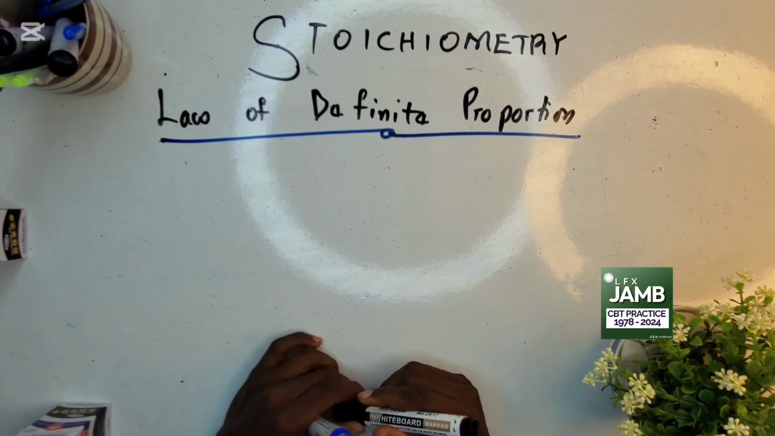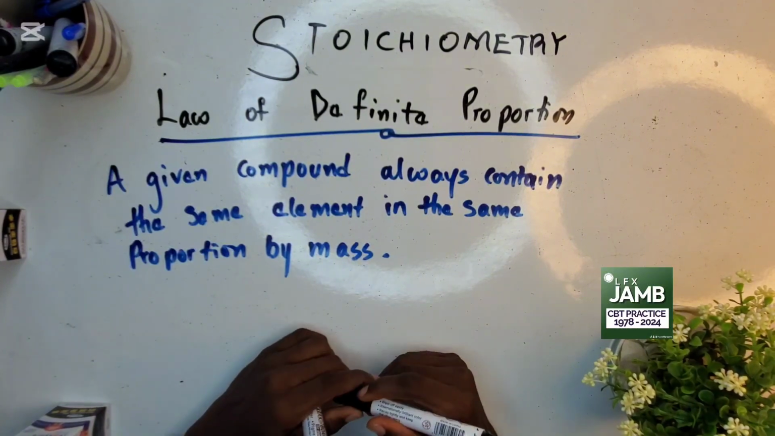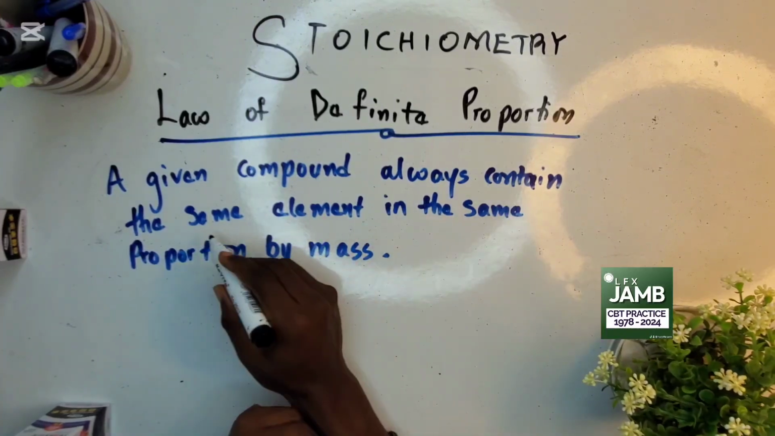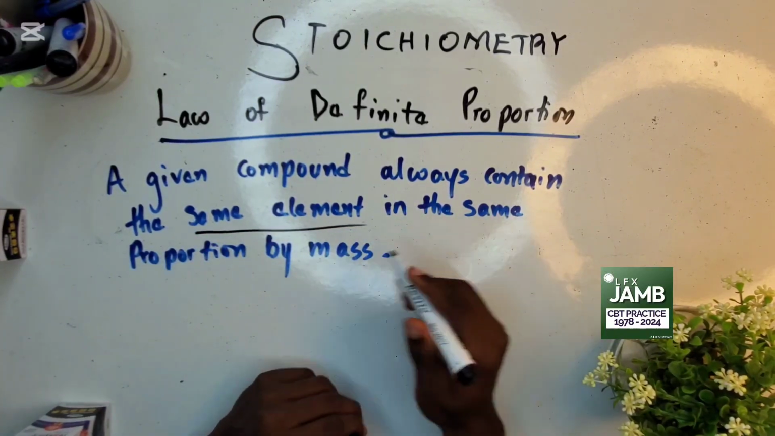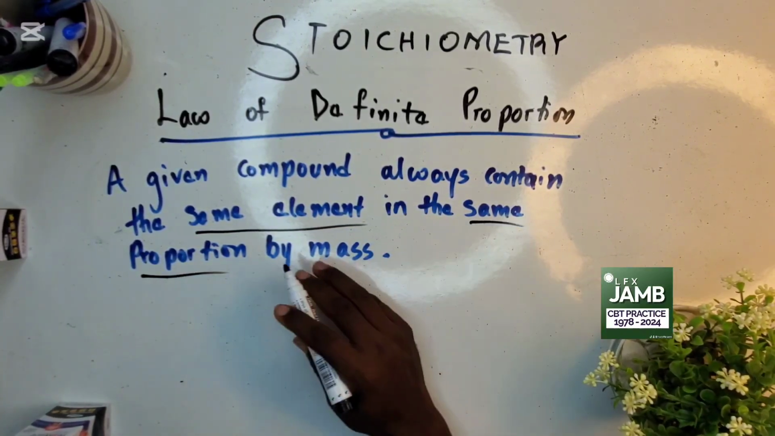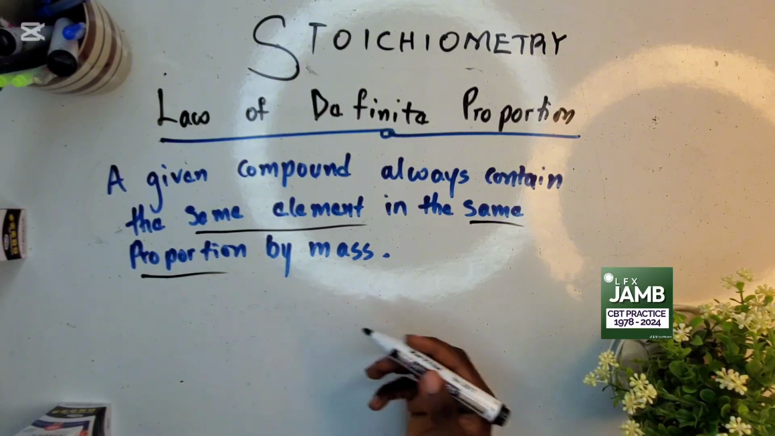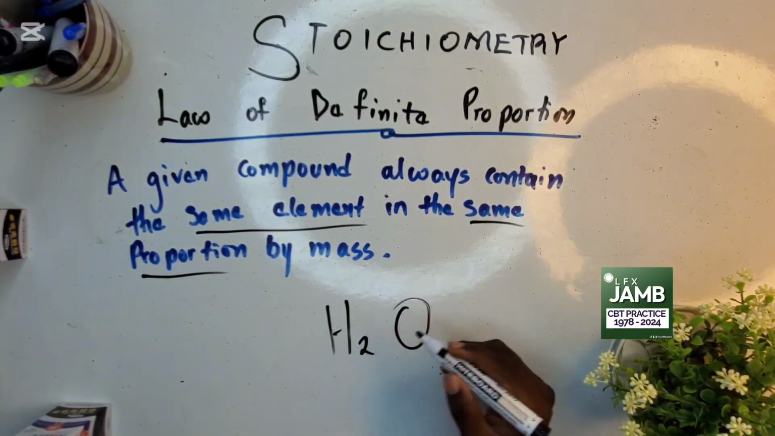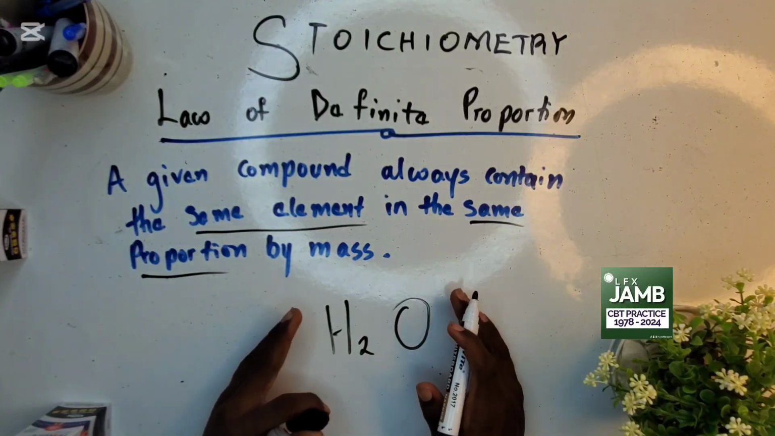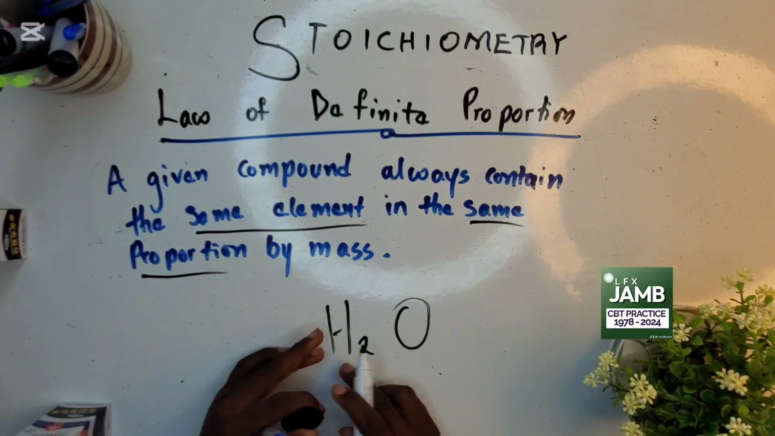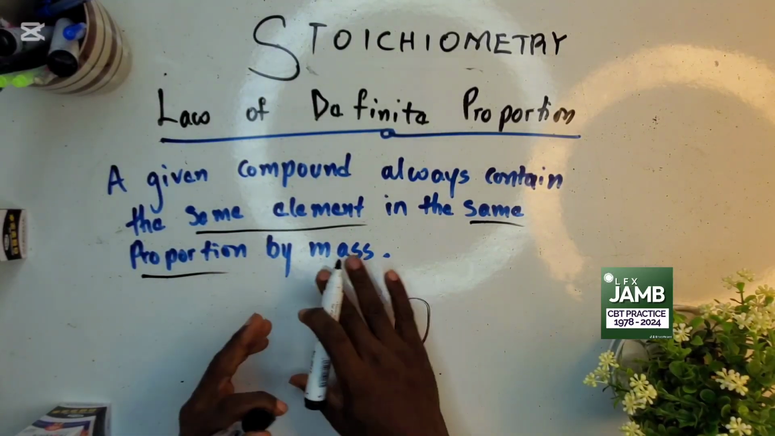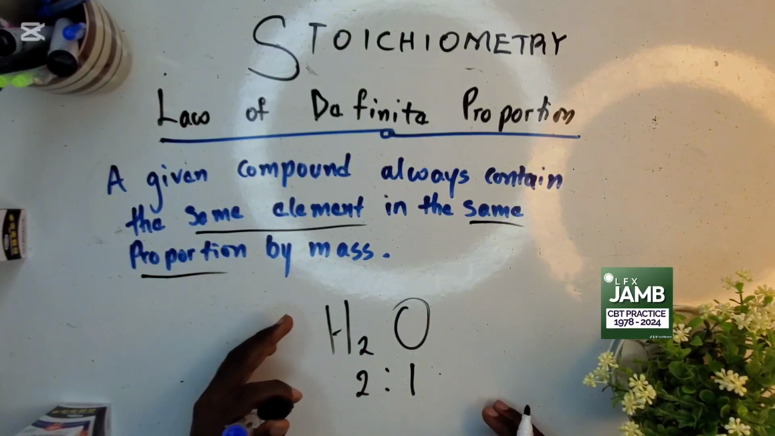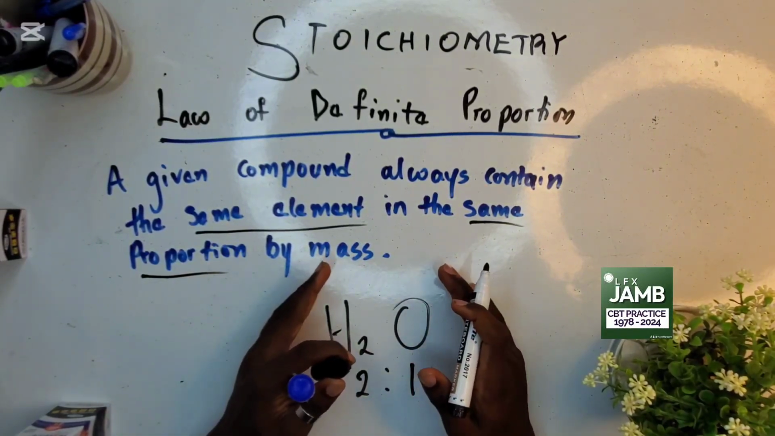What does this law state? The law of definite proportion states that a given compound always contains the same elements in the same proportion by mass. For instance, we have a compound H2O. Understand? It always contains the same elements, which are H and O, in the same proportion. The proportion in H2O is 2:1. You get that? So this explains why